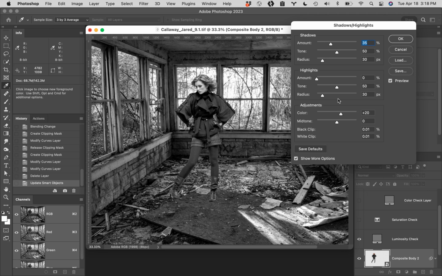You can see that the highlights have been left at 0. The amount is left at 0, so there's nothing happening to the highlights here. It is just the shadows, but they're opened up way too much. Again, when I'm looking at this image, there's nothing believable about that. So I'm going to grab the amount slider of my shadow being opened up, and I'm going to kick it back down, even though I'm sacrificing what's going on down in her lower body,